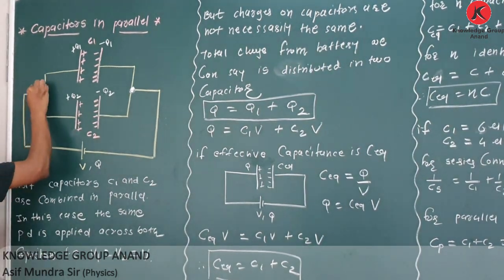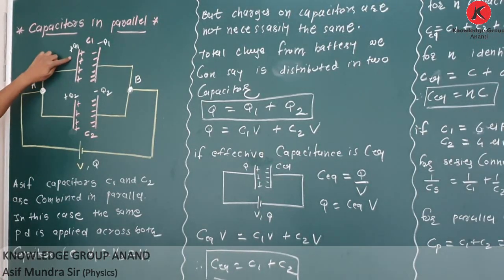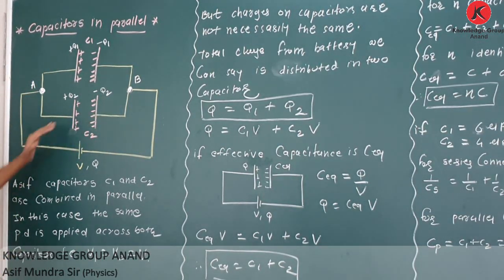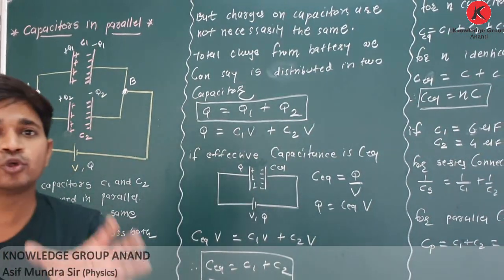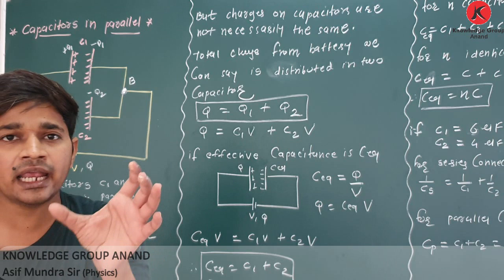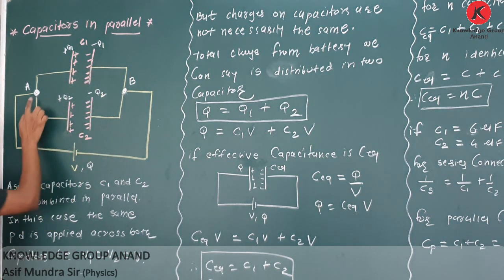If I say this is point A and this is point B, then we can say capacitor C1 is connected between AB. Capacitor C2 is also connected between AB. So if two ends of capacitors are common, we can say such capacitors are connected in parallel connection. Okay, what is another way? See, these two capacitors are connected in parallel along with this supply,